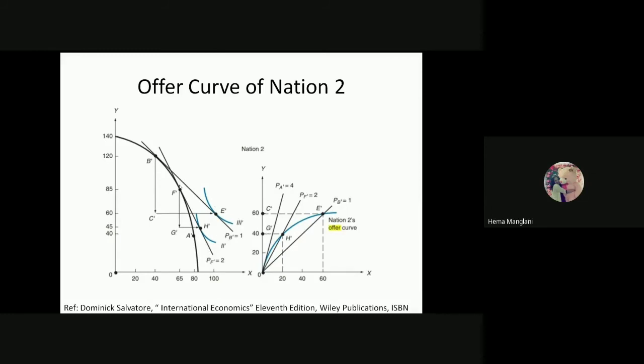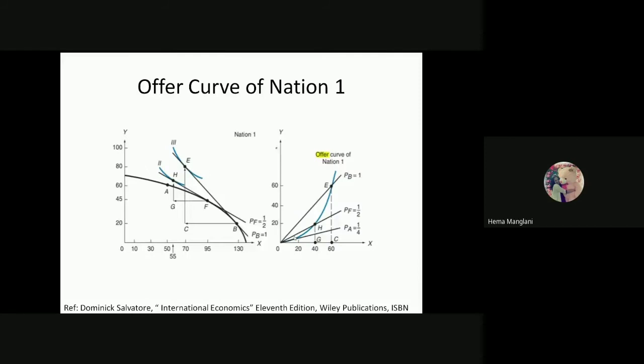Now, based on these consumption points, that H dash, and similarly this E dash, we can club all the points here and we can get the offer curve for nation two. And there also the country's motivation is that Px by Py should get reduced. Now, how does this reciprocal demand come? See, the country's motivation is that Px by Py should rise in the international market, then only X should be produced more, and then only X would be offered more. It means the other country has to import more of this commodity X, or demand more of this commodity X.